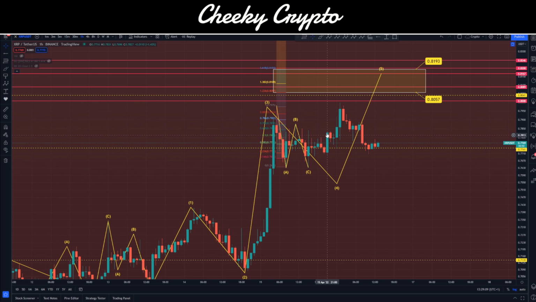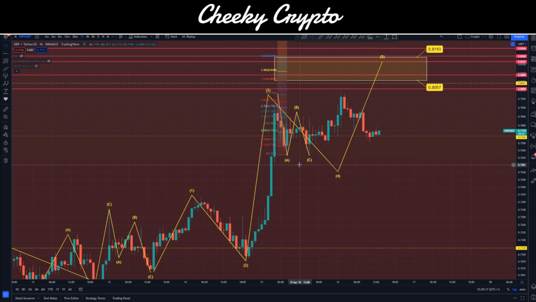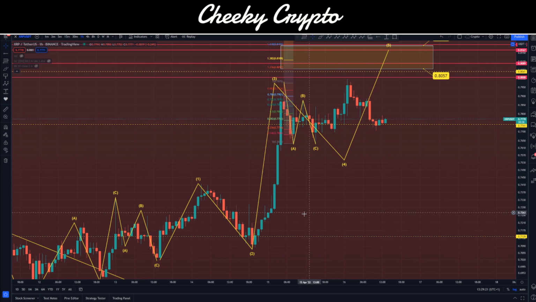And now what we're tracking here is to see whether or not we've got the right structure. Now, we've got a lot of overlap going on here. So this could be an ABC that actually takes us up this high. We're not following an impulsive structure inside. The sub-wave counts are a little bit off. But nonetheless, we are still tracking this as an impulsive structure, with invalidation being all the way down here, and that being the high point of this particular wick at